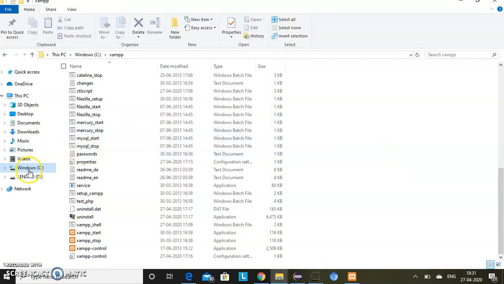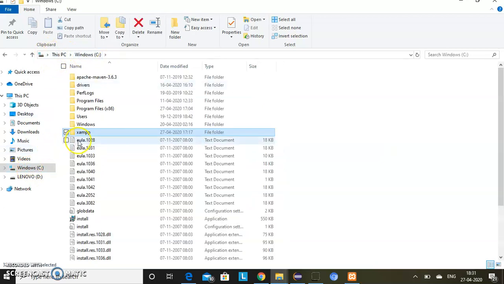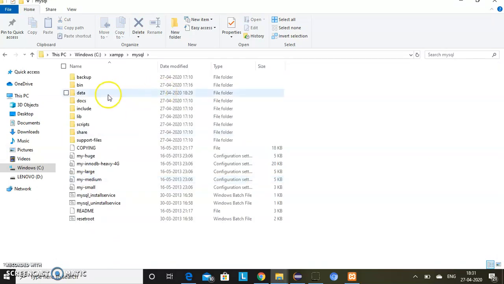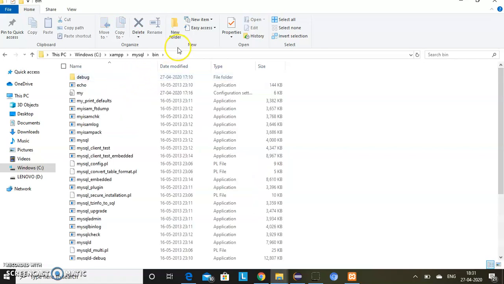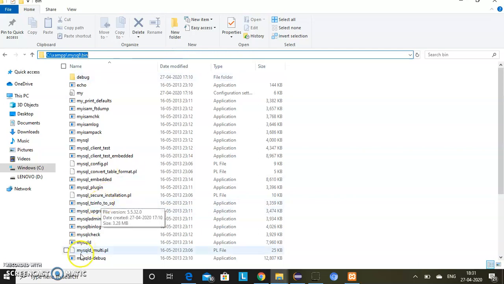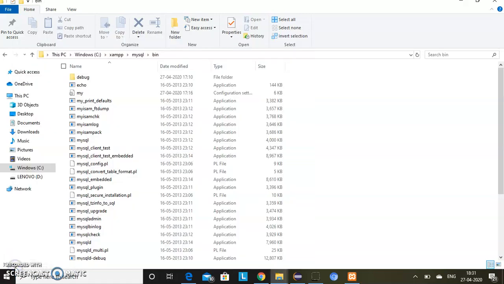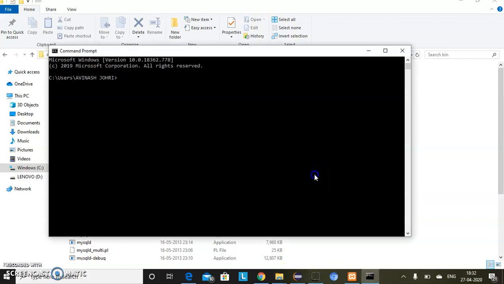Now go to your XAMPP, go to your MySQL, and under MySQL you can see bin. Go under bin, copy the path with Control C, and open your command prompt. Write cd and paste.